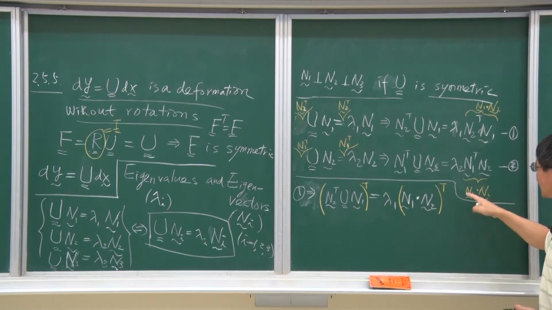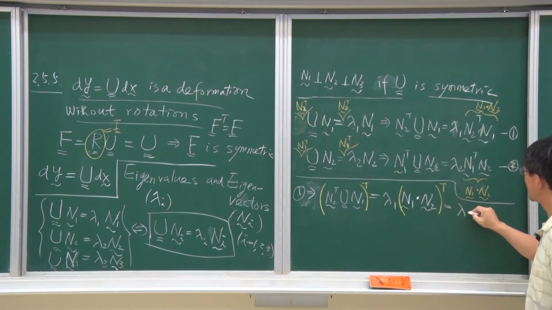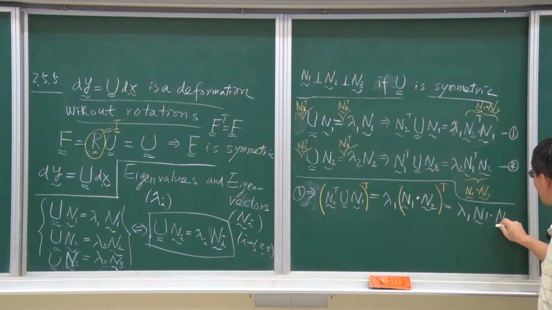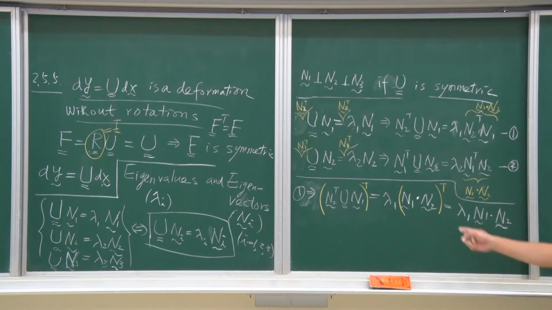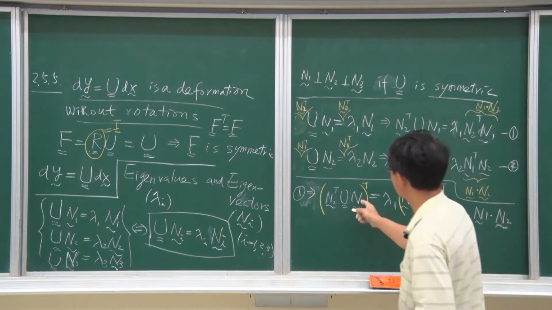Also, a scalar doesn't change under the transpose operation. 因为这个是一个标量，两个向量的内积也是标量，标量做转置是不会影响的，所以这边也没有关系。